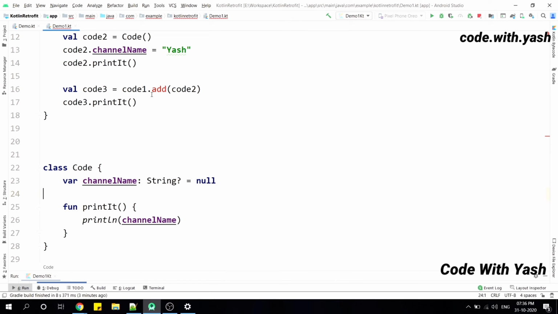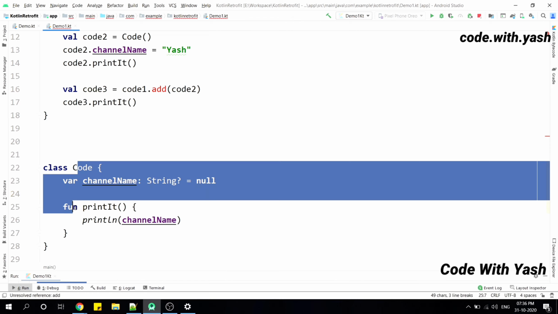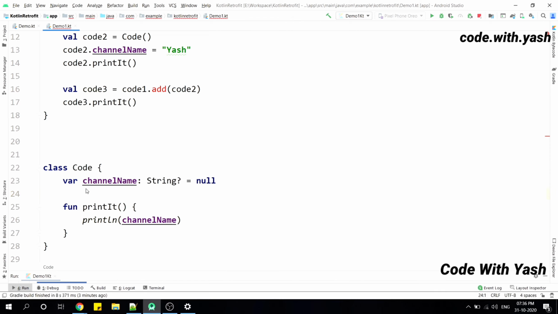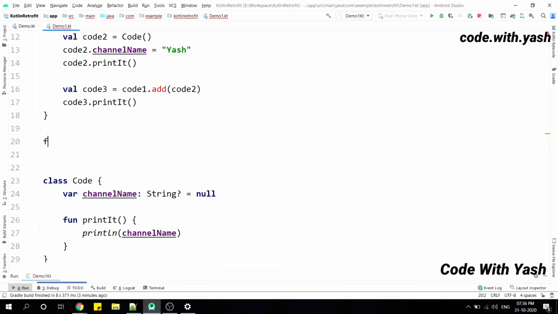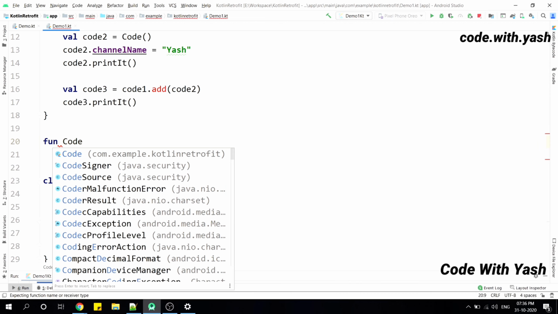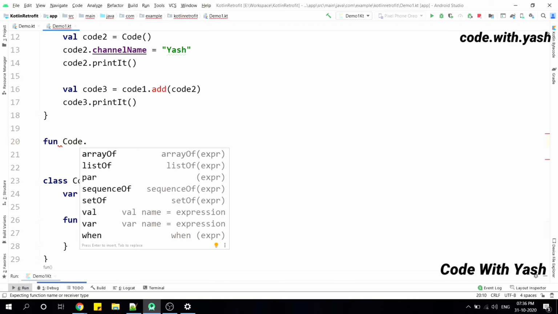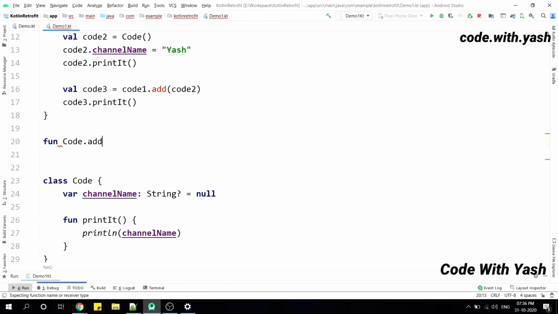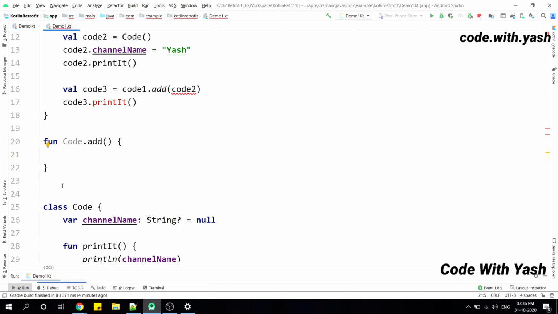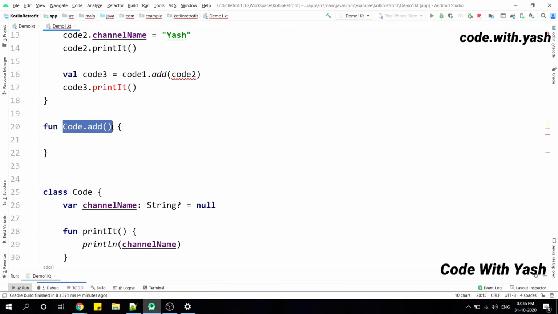So how can we insert this add method in this read-only class? Let's create one extension function. The syntax is simple: we write the class name to which we have to add the extension function, dot, the name of the function which we want to add. Here it is add, and that's it. We have created one extension function here.